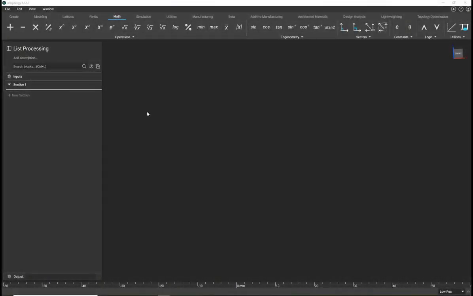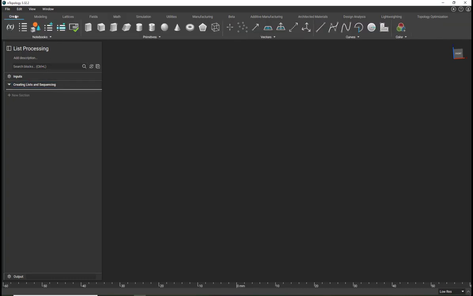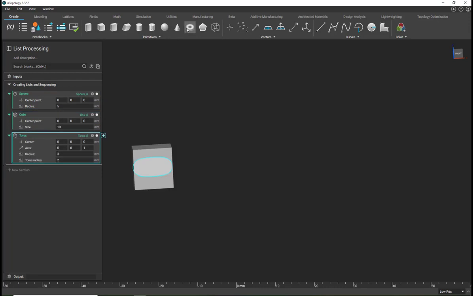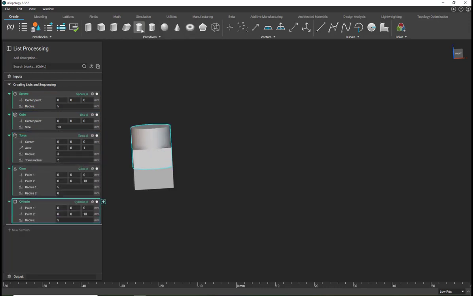In this lesson, we will use the concepts that we learned about list processing and implement them to a list of implicit bodies. So the first thing I'll do is rename this section to creating lists and sequencing. And I'm going to go to my Create tab and choose a sphere, cube, torus, cone, and cylinder for our